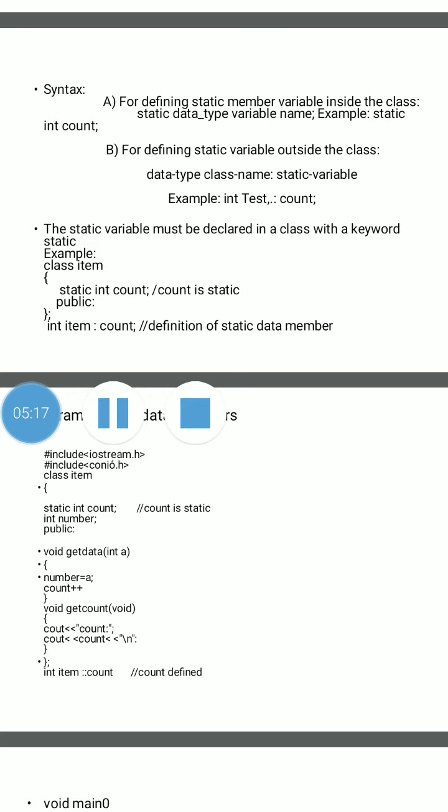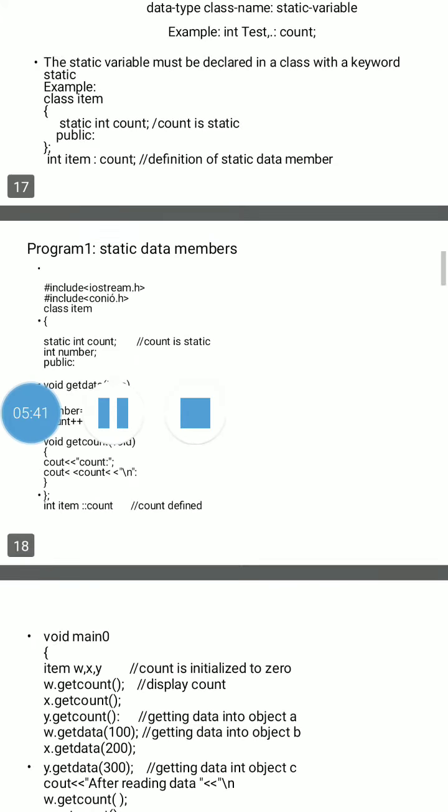At the time of declaration the static variable data type is integer, that's why at the definition use the same data type, that is integer. Then class name, here is one mistake, use scope resolution operator, don't use colon. Integer item scope resolution operator, then count, that is definition of static data members.